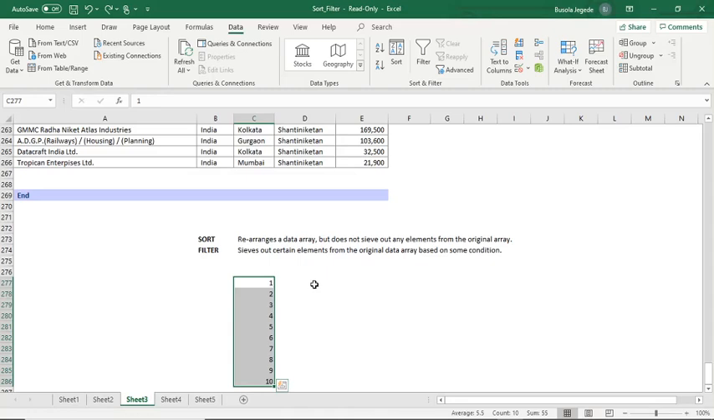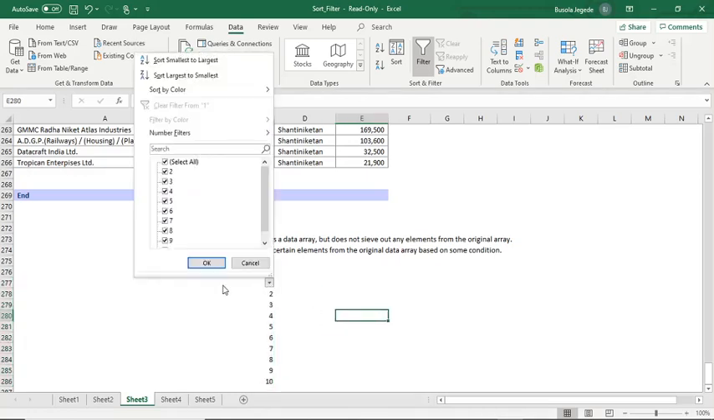Whereas for filter, the filter tab is under the data tab as well, right next to the sort. So this is the filter tab here. When you press the filter tab, the filter icon comes here, and I can filter it based on some condition. So I can filter, let me say, I want 5, 7, and 9 alone. 5, 7, and 9,